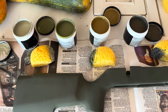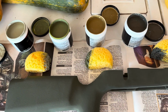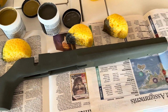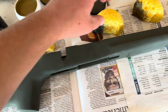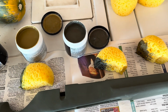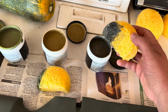All right, so these are the 4 colors I decided to go with. I've been doing a little bit of test painting on some newspaper, but I actually kind of fell in love with this color just as it was, but I'm committed, so I think I'm going to start with the darks. I am babysitting today, so we get some background stuff, but I'm going to start with, I think, some dark,